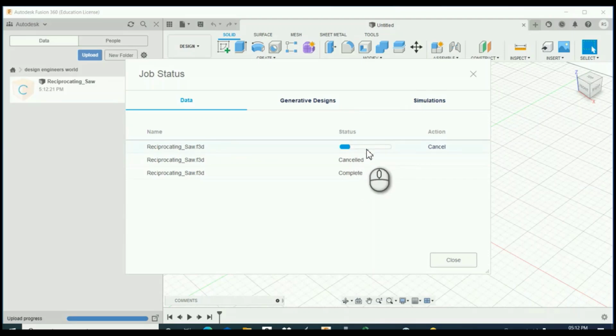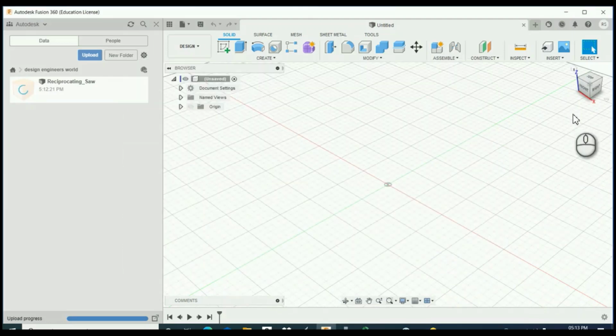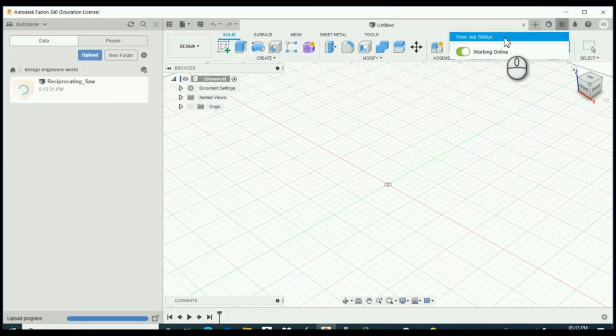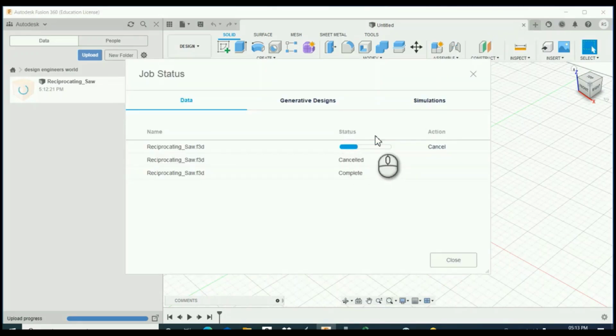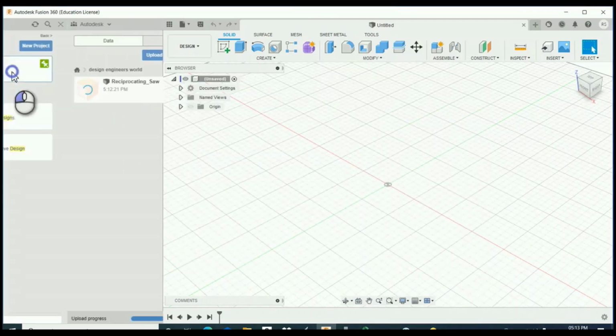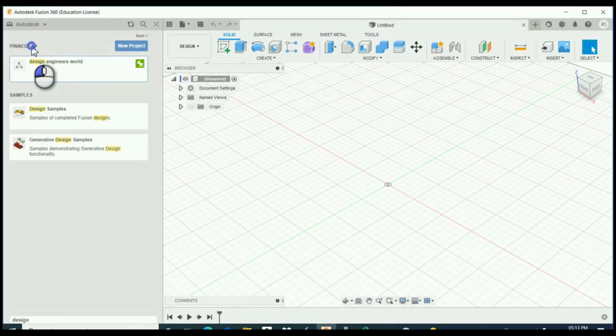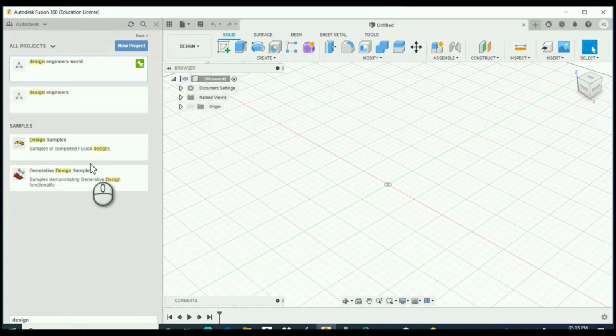After that, it's uploading. You can also close that, and you can also view it by clicking job status, and then click view job status, like this. And it takes some time, and I have already uploaded the file. We go to home, click all projects.